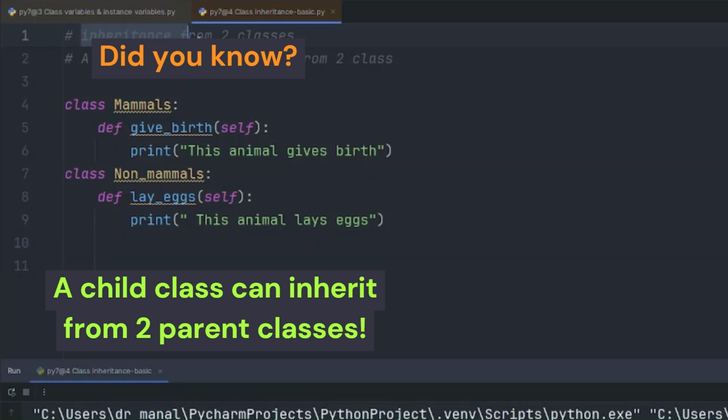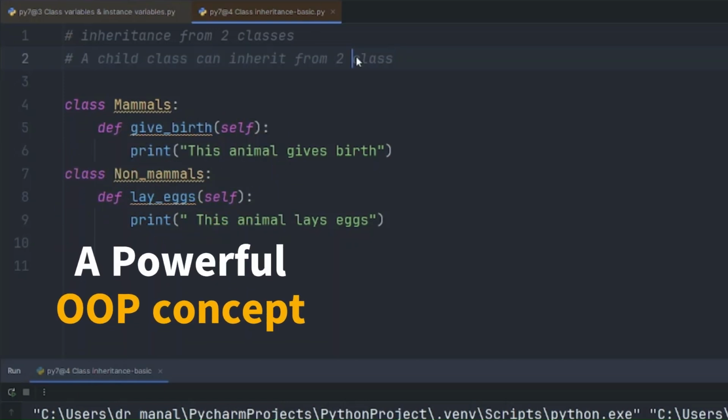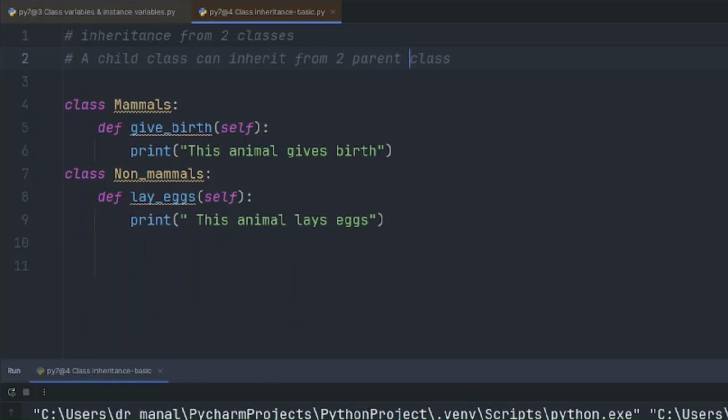We will study inheritance from two classes. A child class can inherit from two parent classes, just as any child can inherit from both parents, from dad